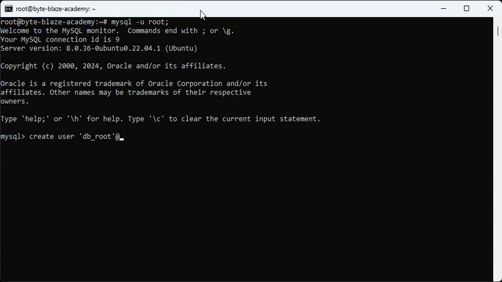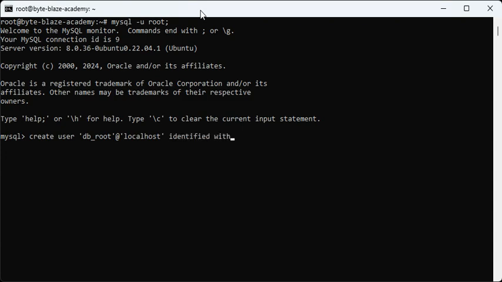Either you can choose percent if you want to allow this user to log in from outside as well. Here I am choosing localhost, which means this user will only be able to access this from within this server. So whatever application is hosted within this server can access through this user id. So at localhost and then